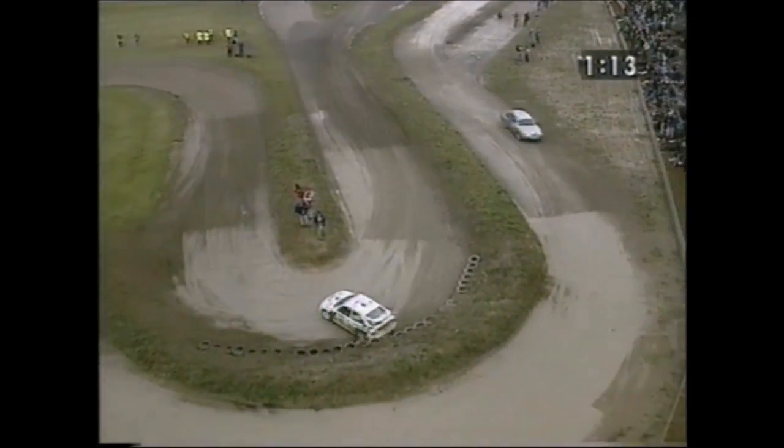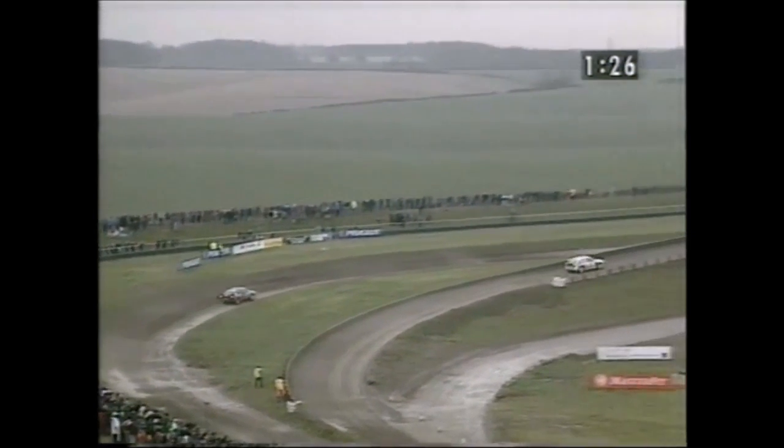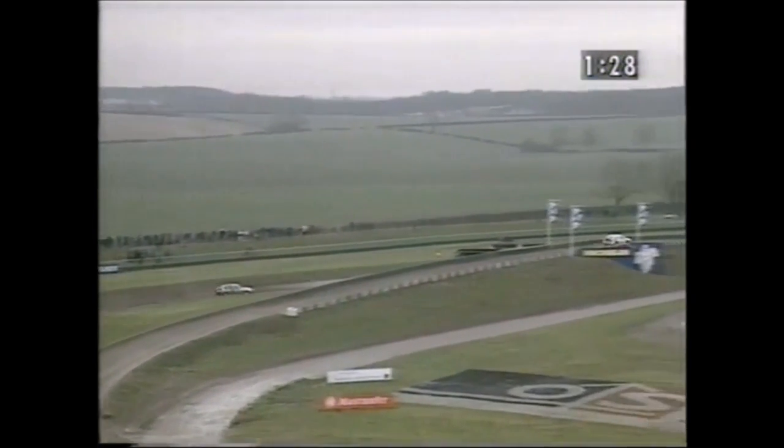Oh, but he slid that too wide, got in too deep, too much handbrake, and almost backed it into the soft tyre wall there. So it's lost him a bit of advantage, but certainly Yellow Dove are going to win this little head-to-head and put up a very respectable time at the same time. As I said, the Eastern Europeans have done well. There was a Latvian in second place at car 108 at the end of the first stage. Nobody knew who he was, but...